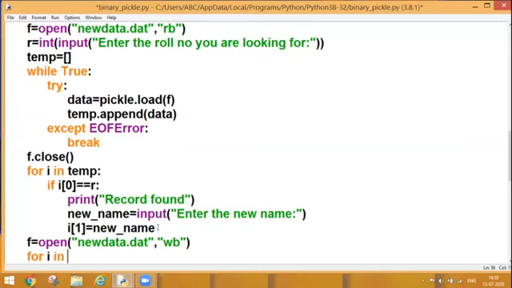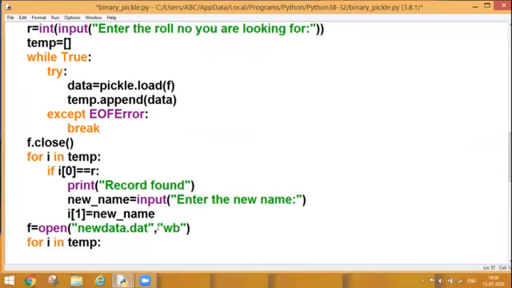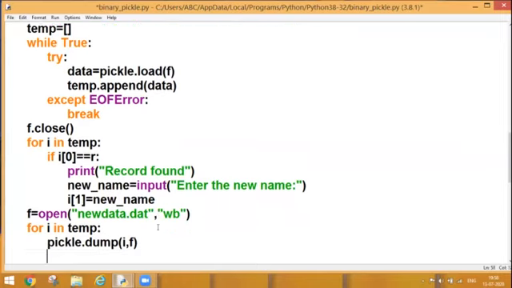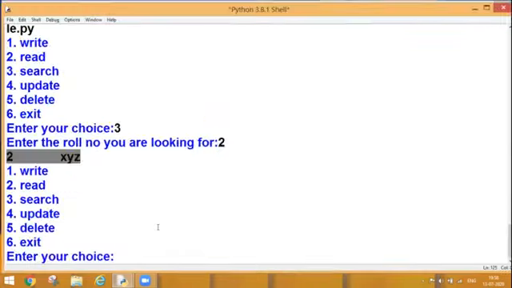So for i in temp, and I'm going to dump it finally into my file. For that, we have a straightforward statement, pickle.dump. And what is my object over here? My object is i, comma, f. After this, finally, my last step is closing the file and my record is updated. So let's run it once, F5.